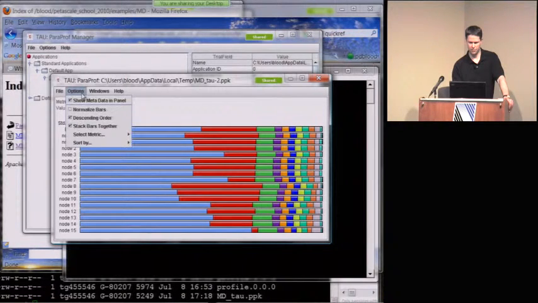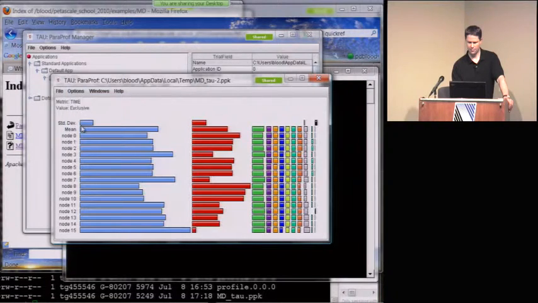The other thing you can do to see this more clearly is to uncheck the stack bars together. And so it breaks these things out, and you can see the individual patterns clearly for each function. And so if I